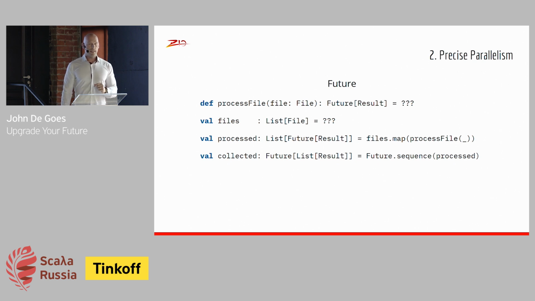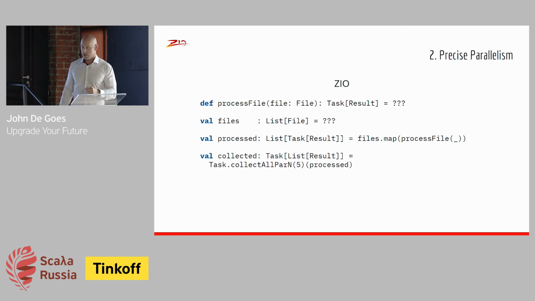Future makes it very easy to write parallel code, almost too easy. And the reason for that is, if you have ever tried to map over a list of stuff and turn it into a future, you've probably encountered an issue in production when that list grew too big. Submitting 100,000 things to a thread pool is never a good idea and can take down almost any production server. Future doesn't give you an easy way to control this parallelism. Everything is implicitly parallel with future, and there are no knobs for dialing that back.